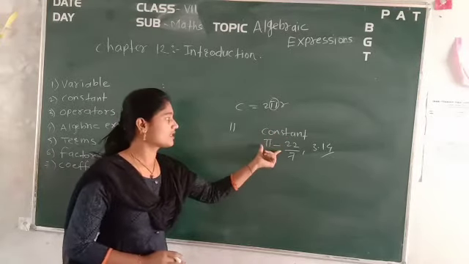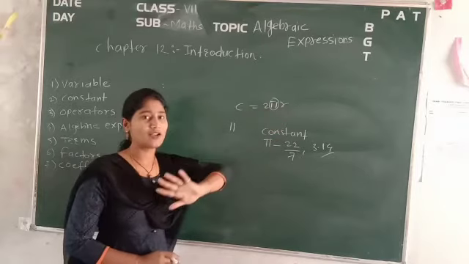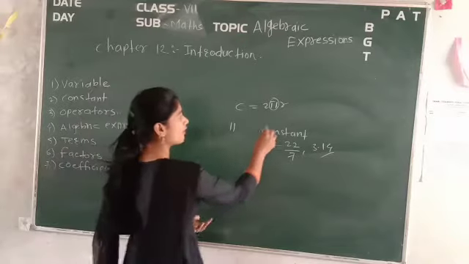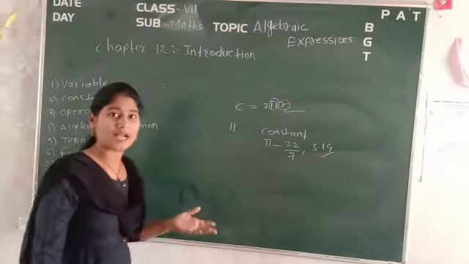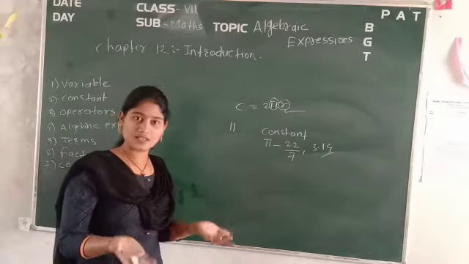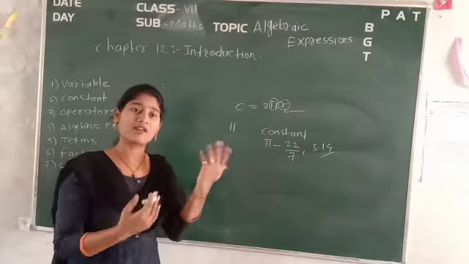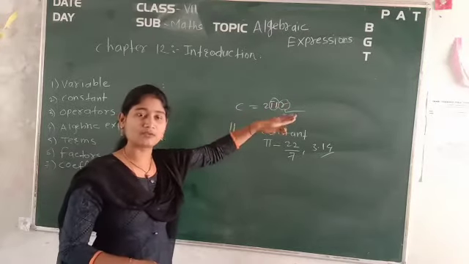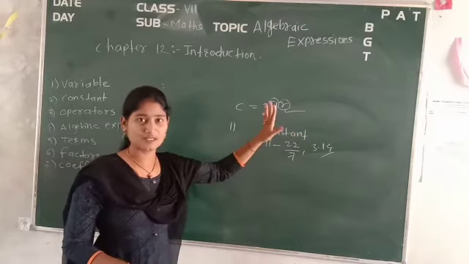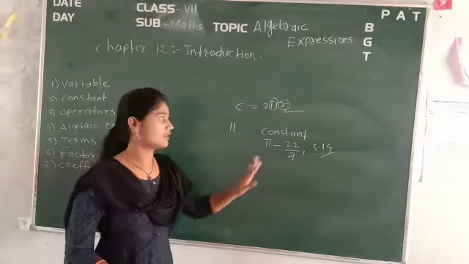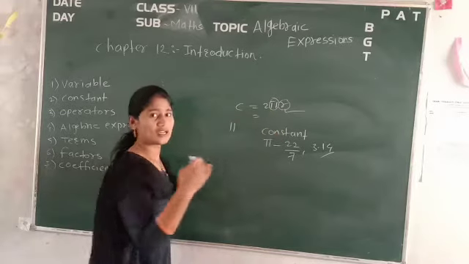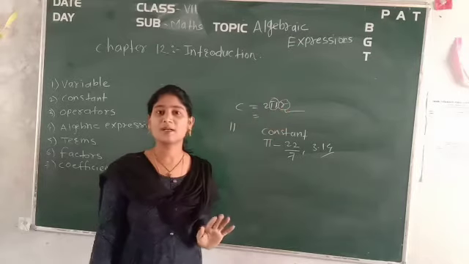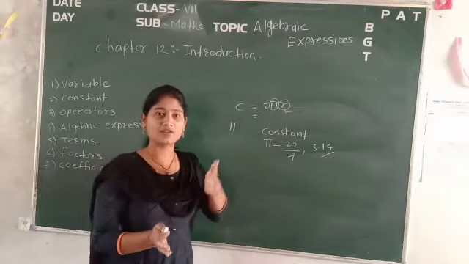Now, if this constant is combined with a variable, then its value is no longer constant. Now see, attached to it is one variable, that is r, which is the radius. If I say the radius is 2 right now, and one student says 3 will be the radius, another says 4, then its value will change according to 2, 3, 4, 5. Is it constant? No. Its value will vary according to the values that you put for that particular variable. So a variable means its values will vary.